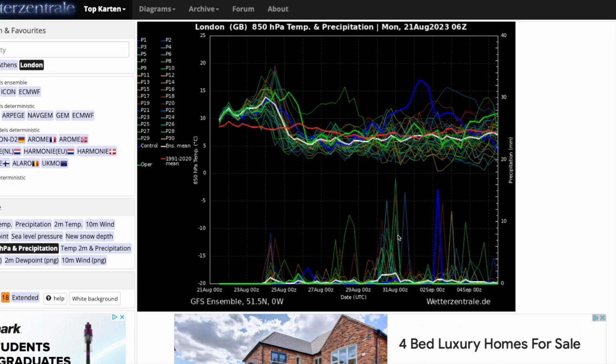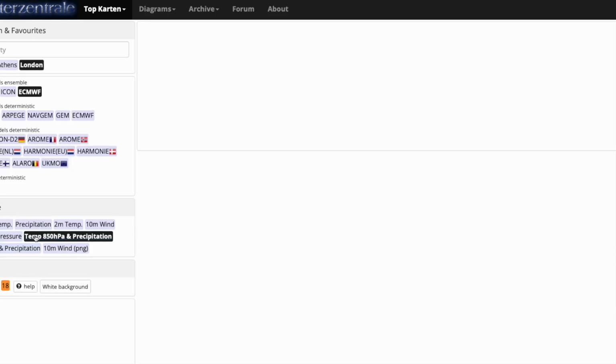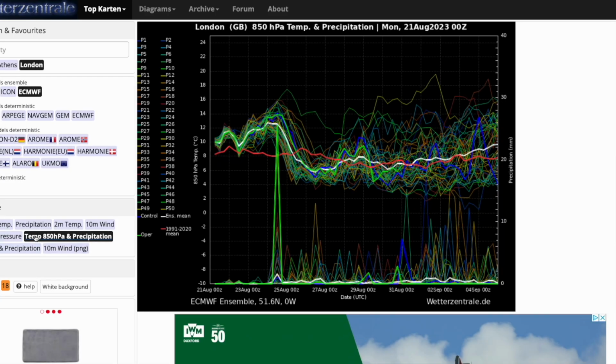Still uncertainty, especially in the south, because we are closer to high pressure and furthest from the low pressure to our north and west, so we're more on the periphery of very unsettled weather, but regardless, definitely a pickup in more unsettled and cooler conditions. You can see the step change in the temperatures as well, widely 25 degrees for the next 4 or 5 days, and then step down to around the high teens, maybe touching 20 degrees as we do head into early September. If you look at the ECMWF, again, very similar, upper temperature spiking by the end of this week, and